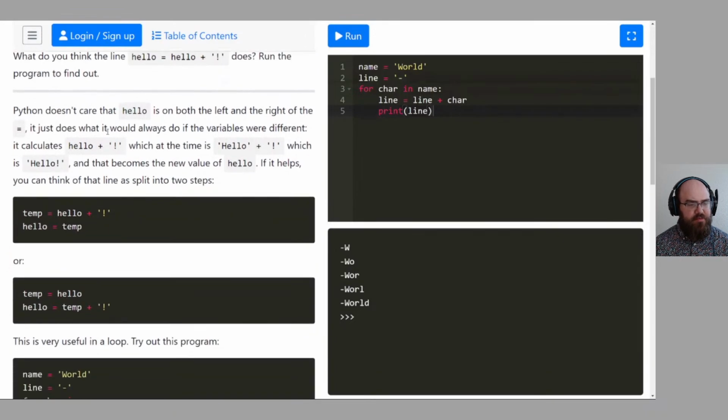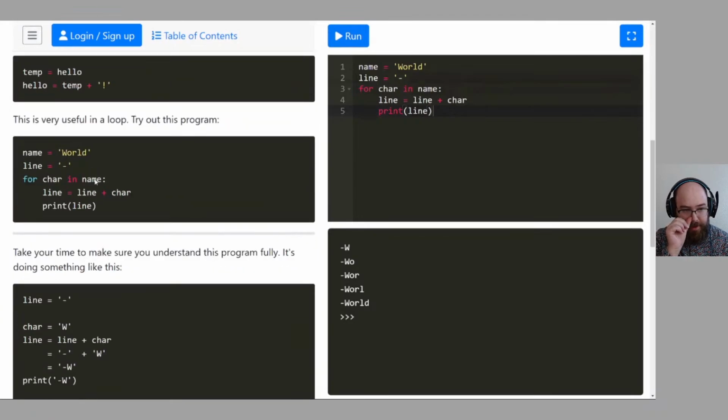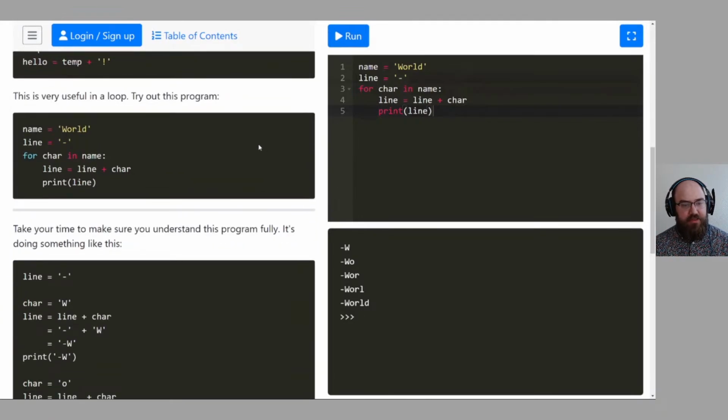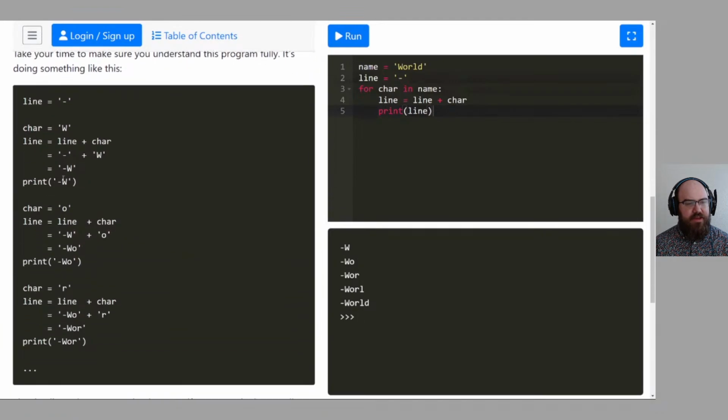Try out this program, and take your time to make sure you understand it fully. It's doing something like this. Line equals dash, and name equals world, even though they're not showing it here.